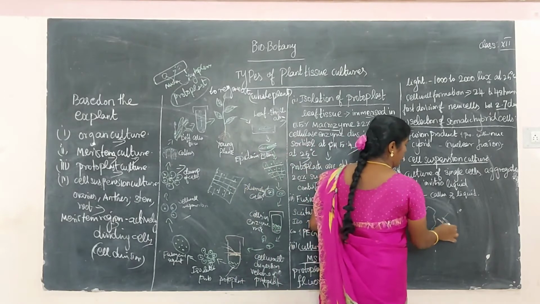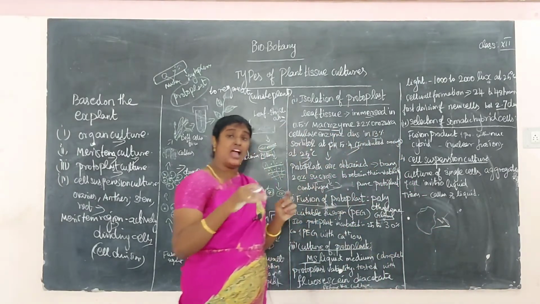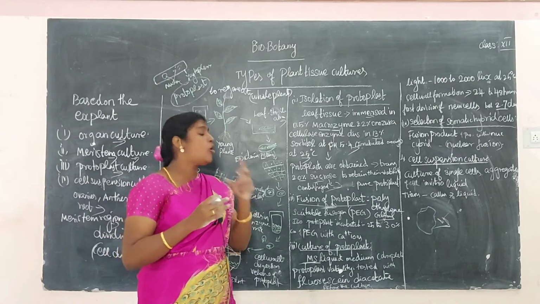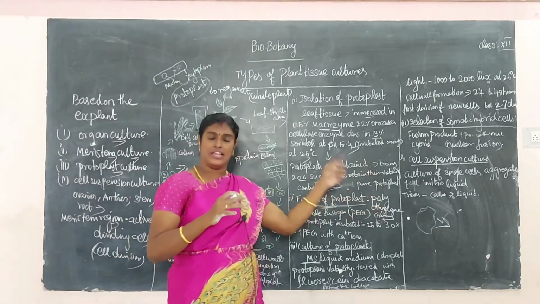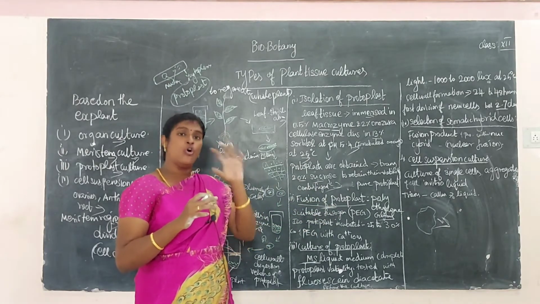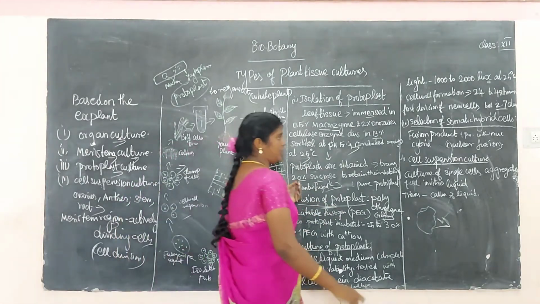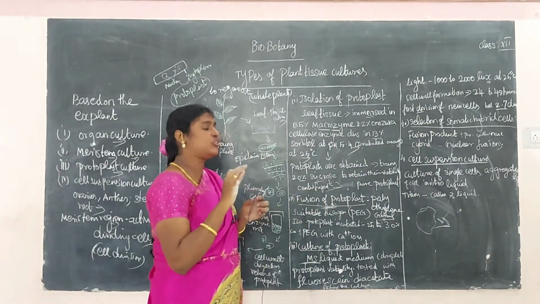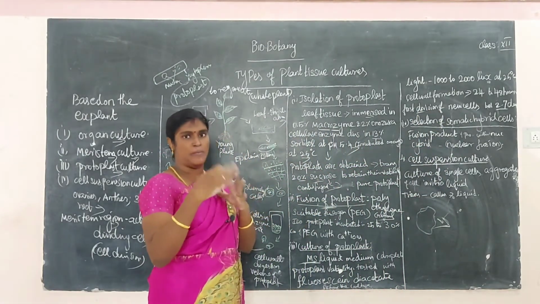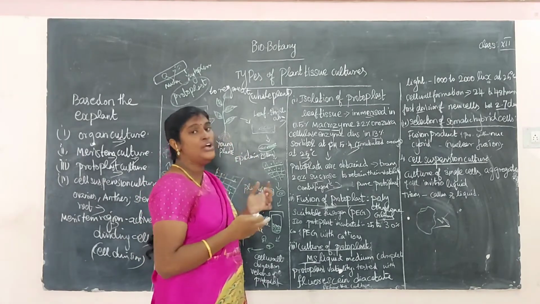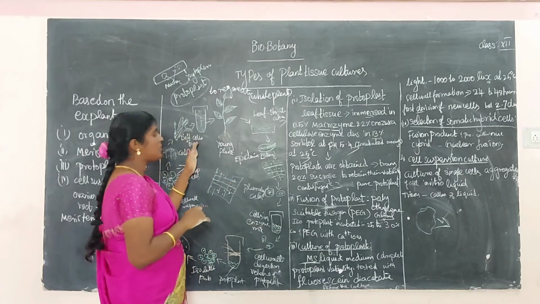What is the ability of callus tissue? The callus tissue has the ability to make a whole plant. This is a main important point in callus. The single callus tissue has the ability to make a whole plant. Okay? So the next process is cell wall formation. Division of new cells within 2 to 7 days, the cell wall formation happens. So first is cell division, and all the cell wall formation is going on. Then the second, last process,